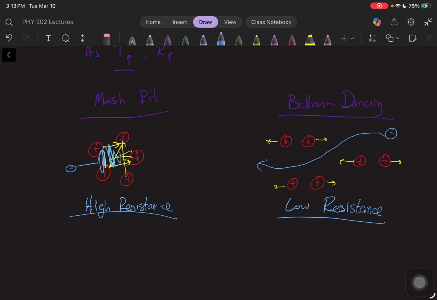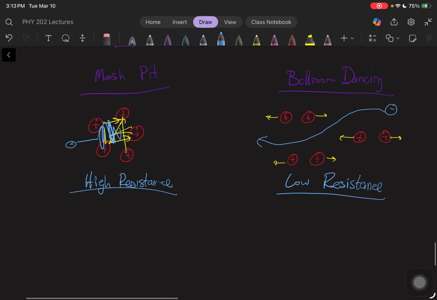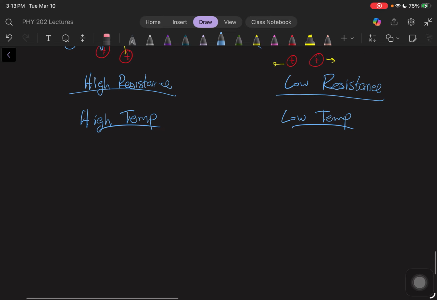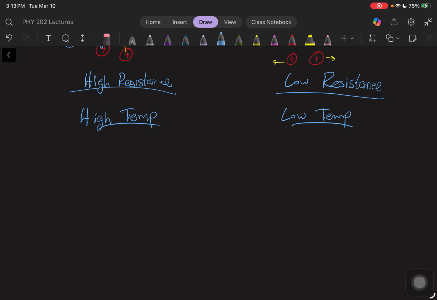resistance. All right, and if I were to ask you which event had a higher temperature, mosh pits or ballroom dancing, you'd probably agree that a mosh pit is a much higher temperature event than ballroom dancing. And so while it's not exactly the same thing, there's not actually pairs of nuclei swaying together, but if you're looking at some kind of a conductor